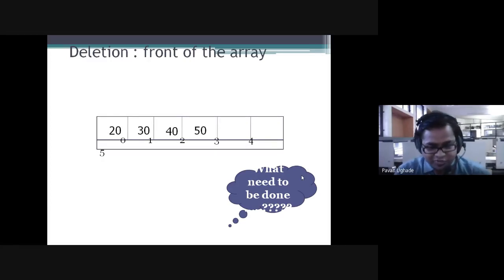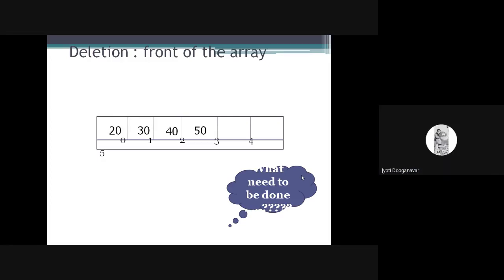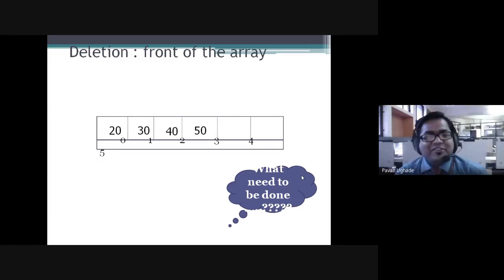Now who is at a of 0? 20. So how many changes have we done? We have made only one change. As per you, if I follow, then I would have made two changes. One is removing the 10 and then renaming the index values, so that a of 1 will become a of 0. I did not do that. What I have done is simply remove that. Whatever empty space was created, I simply shifted all the remaining elements towards the left.